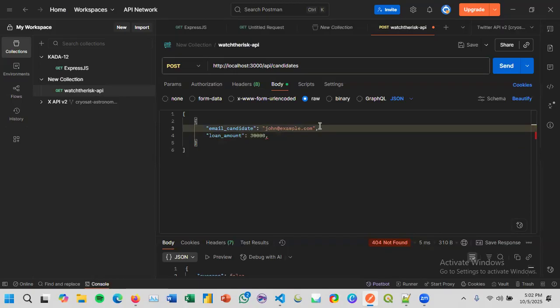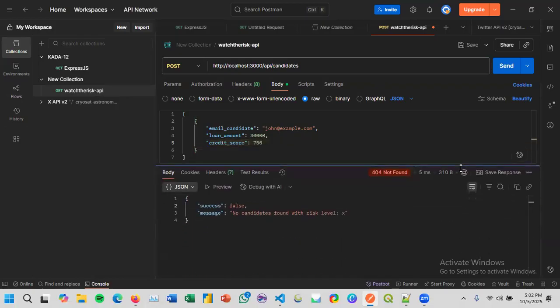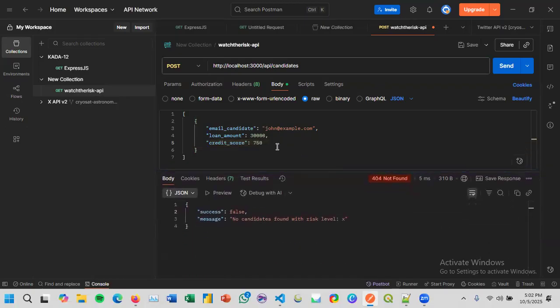Don't forget the commas, and then credit score, 750. Using this post, technically it will store this payload into the database, making it the fourth candidate.